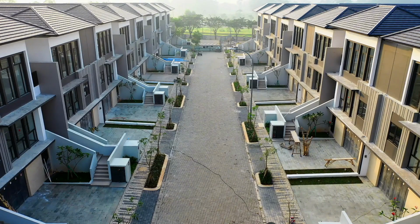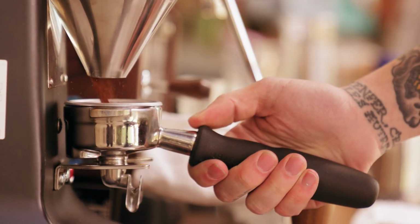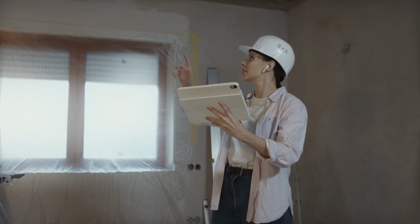If they have done plenty of commercial buildings, even as simple as going to look at their work. If they've done a McDonald's or a coffee shop, or investment or brick-by-brick rental properties, go ask those people, say I'd like to look at their work, and actually physically go look at their work. You can also go to the parish or county where they're pulling permits, and you can go to them